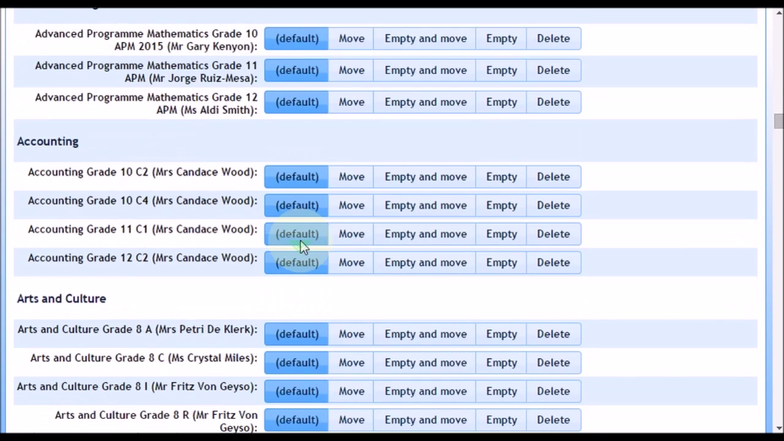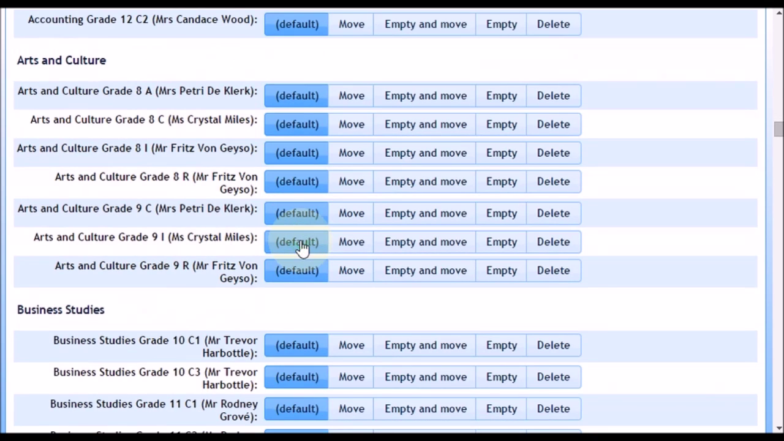Let's scroll down to a subject where this may not be the case. Here, arts and culture is only ever taken in grades 8 and 9, and so I don't want any grade 10 arts and culture classes to be on the system after the rollover. So instead of leaving it as the default, which remember from above is move, I'm going to choose to delete